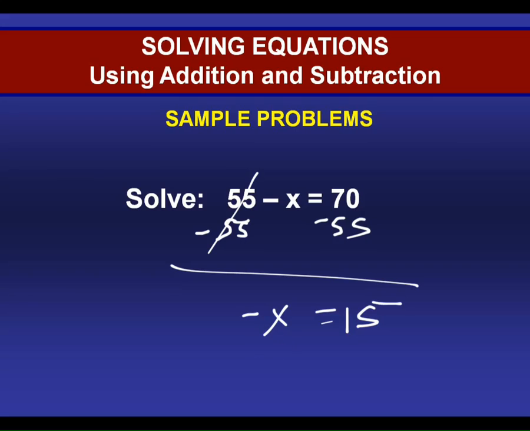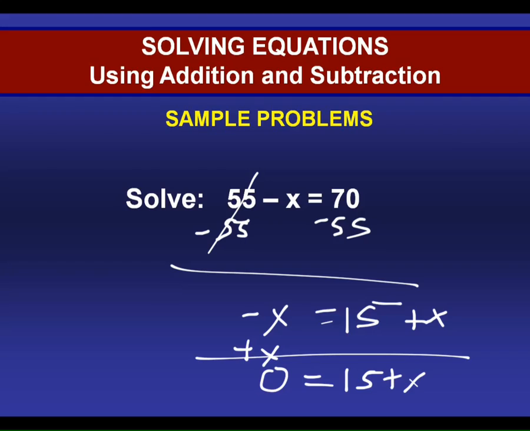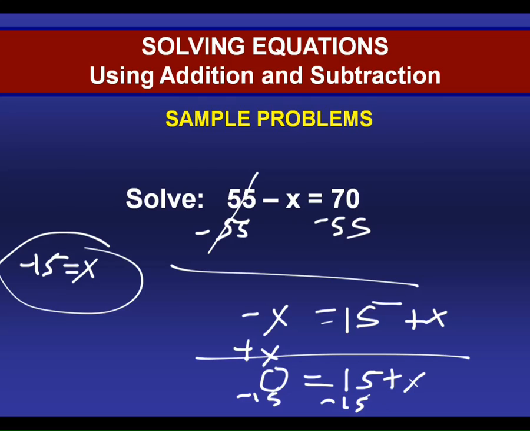One thing I could do is just add x to both sides, because then that's going to make it a positive x over here. I'm left with 0 equals 15 plus x. Now if I wanted to solve for x, what would I have to do to that 15? Move it over. I'd have to subtract it. So then I get negative 15 equals positive x. It doesn't matter which side the x is on, right or left, as long as it's